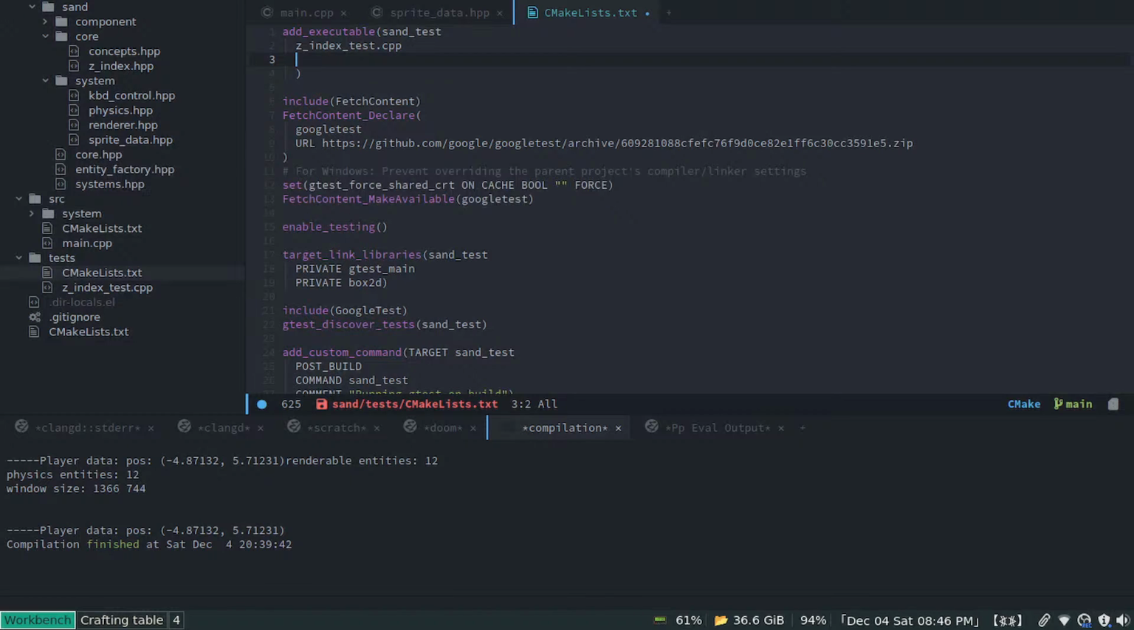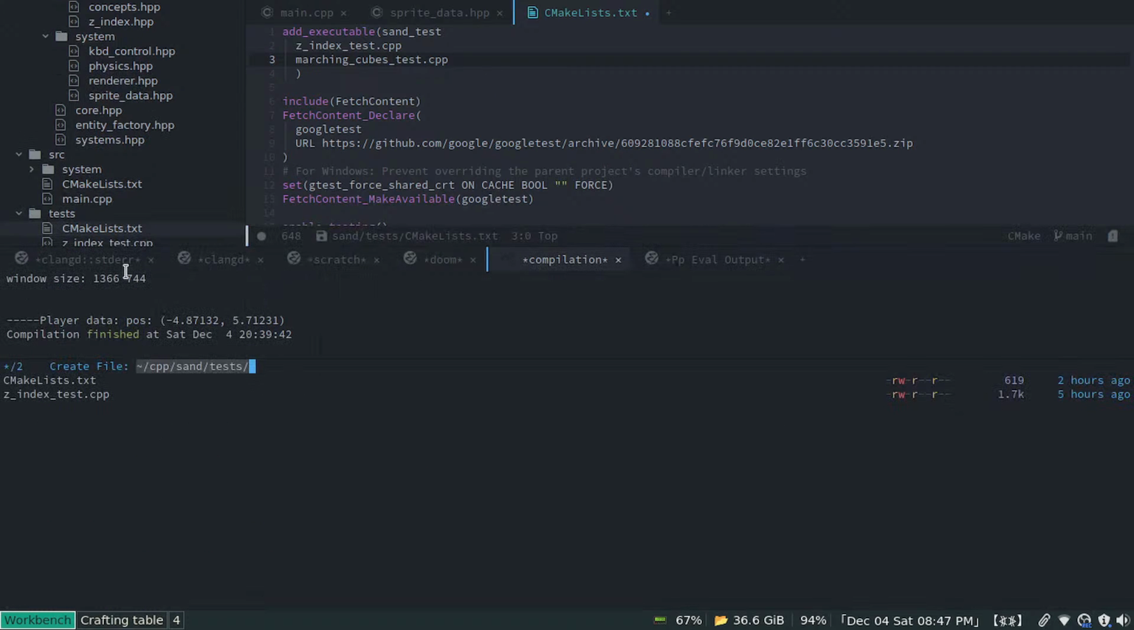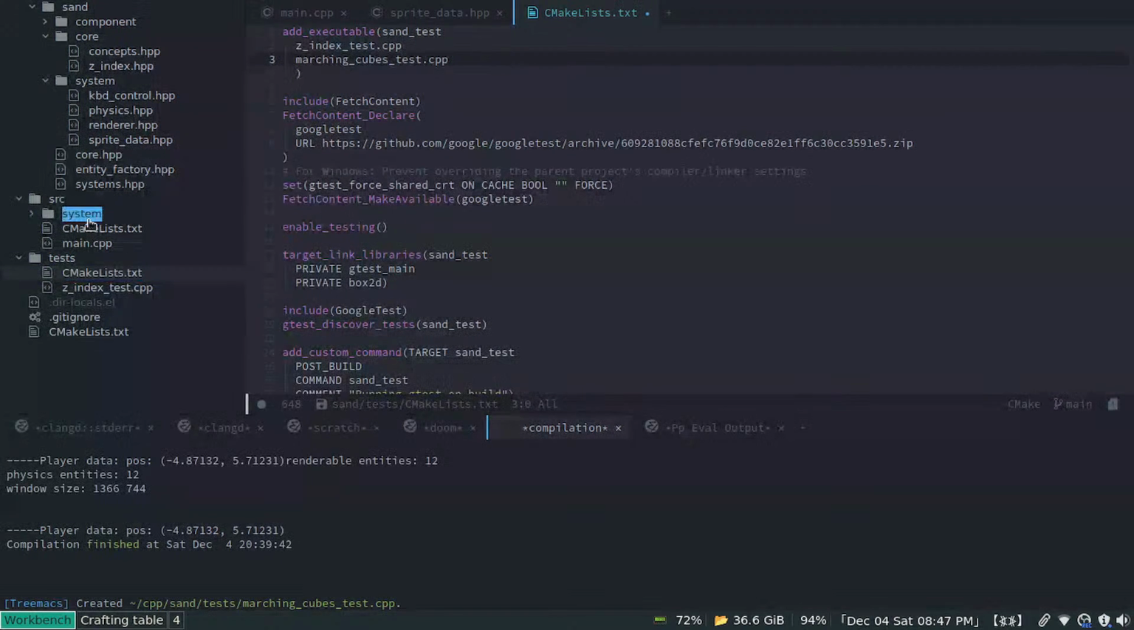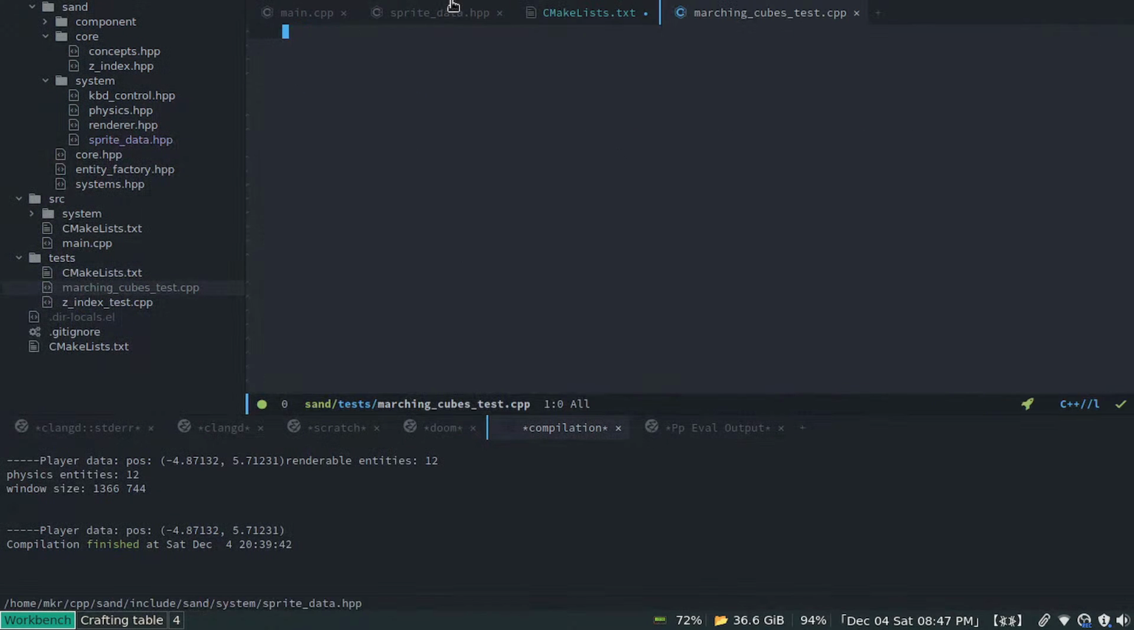So let's do a marching cubes test.cpp, and then we can just copy this, and inside of here create file, Control Shift V, and just remove that spacing right there. Okay, so marching cubes.cpp currently has no information in there, and we're gonna populate it with